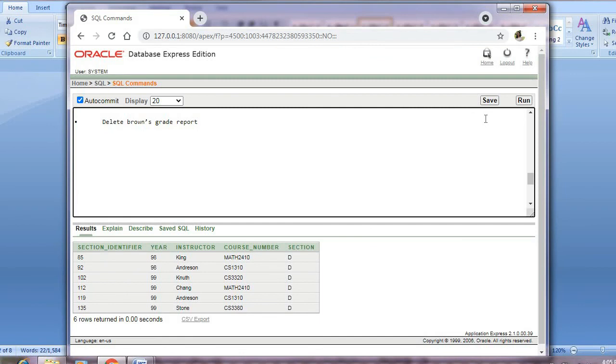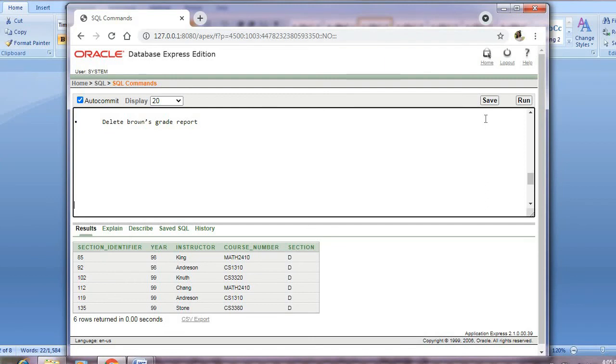Then how do I find Brown? I have to check the name Brown in the table where it exists. When I go to the table student, I can see the name Brown.